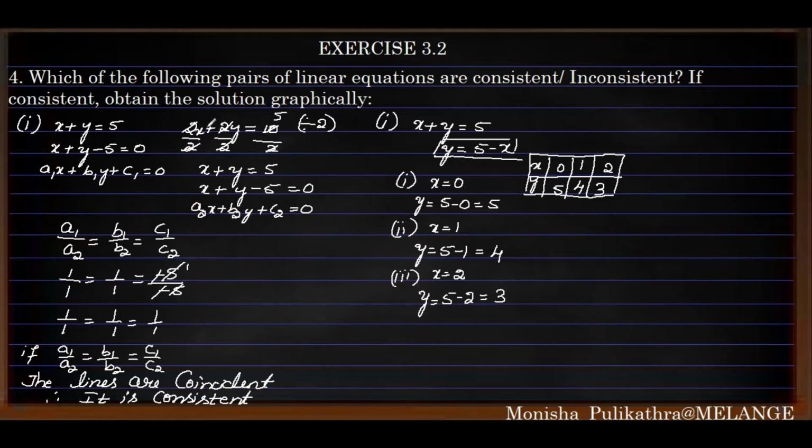Okay. So next, both the equations are same. Equation 1 and equation 2 is same. So these points can be shared by both equations. The second equation is also x plus y is equal to 5. There is no need of calculating it once again. We can directly write the table for it. The same points can be considered. (x, y) is equal to (0, 5), (1, 4) and (2, 3) because these two are coincident graphs. So according to these points, we need to plot a graph for it.